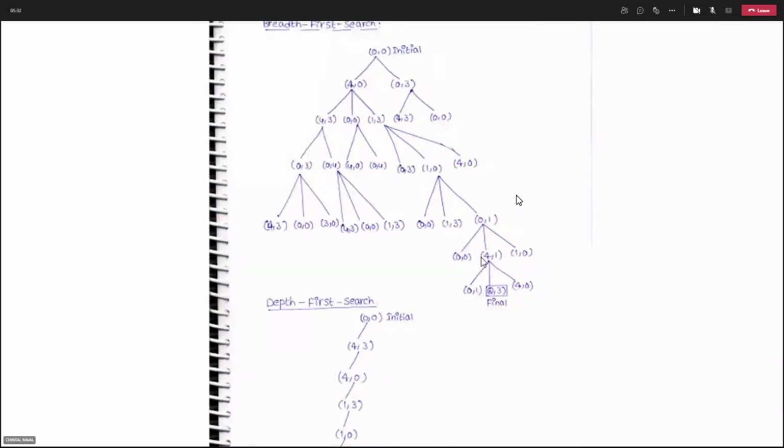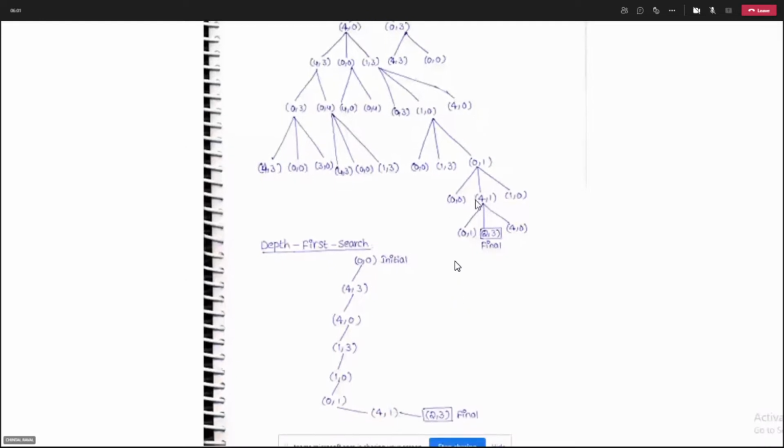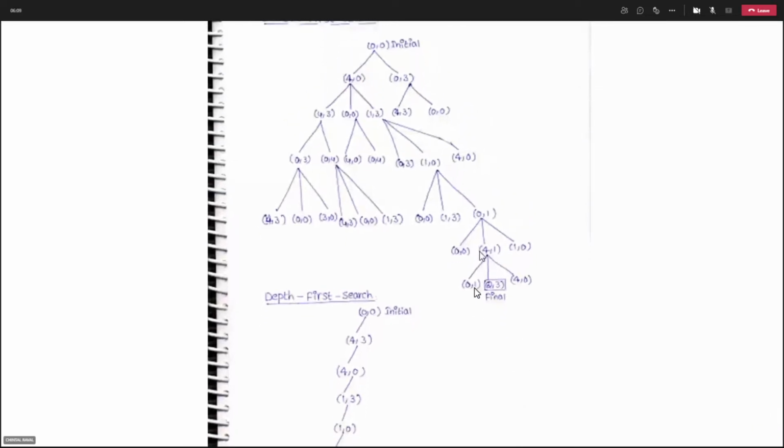So the breadth first search algorithm says that for the current state you are working on, check how many rules are applicable to it. After finding that two rules are applicable, apply each and every rule that is applicable to this initial state, or any state we are working on. Let me edit this with the help of the screen.